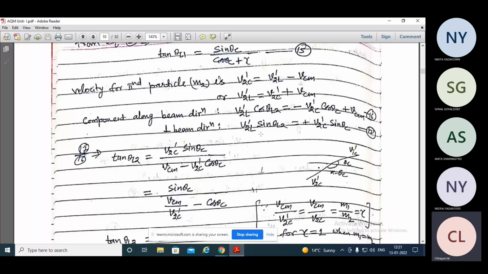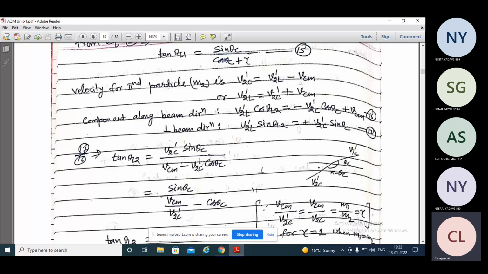Now, v2l prime sin theta L2, ये आपका जो y कंपोनेंट है उसको लिख सकते हैं, और फिर VCM को हमने again only x कंपोनेंट में रखा है, y में इसका जो कंपोनेंट है वो जीरो रहेगा, और v2c prime sin theta C. Now again you can calculate tan theta L2 equal to v2c prime sin theta C over vcm